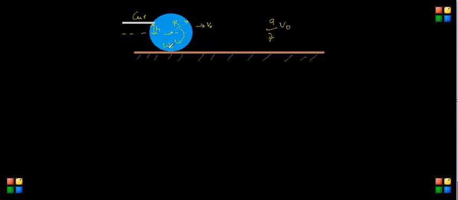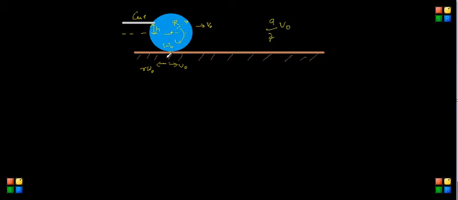Now as soon as the ball starts rolling, if you see the contact point with the ground, there is a velocity of v naught in this direction, and a velocity due to the angular velocity omega naught, equal to r omega naught, in the backward direction. The ball is moving in the forward direction. However,